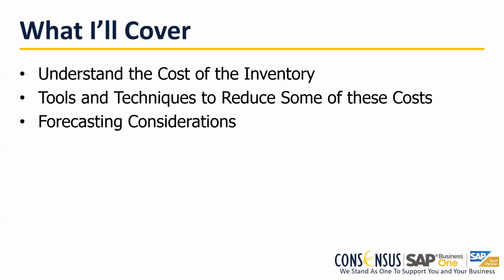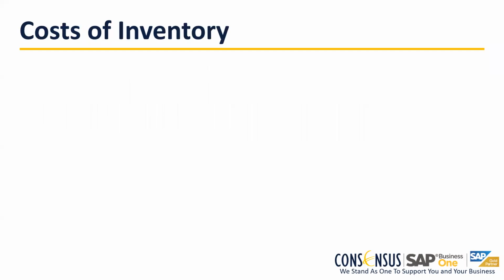So the first thing that I want to bring to the attention covered today is what is the cost of inventory. There are many concepts of the cost of inventory that we disregard, that we don't pay attention to, and we should. I'm going to explain some tools and techniques to reduce some of these costs that, again, could be hidden and could be significant. And then talk a little bit about forecasting as well, which is a very good way of planning how to replace inventory and when, not only of finished goods, but also parts, components, etc.